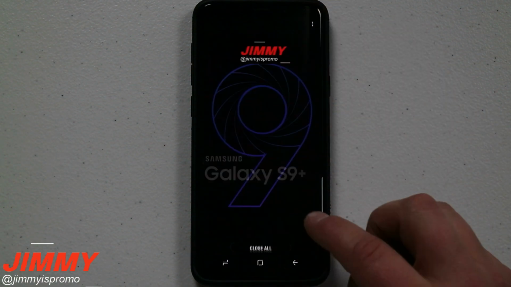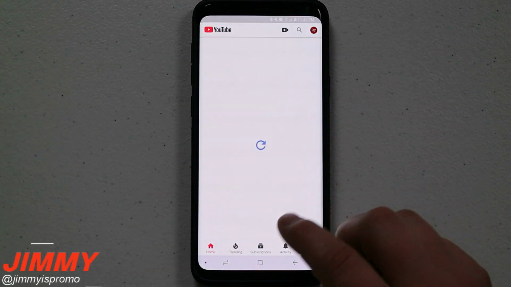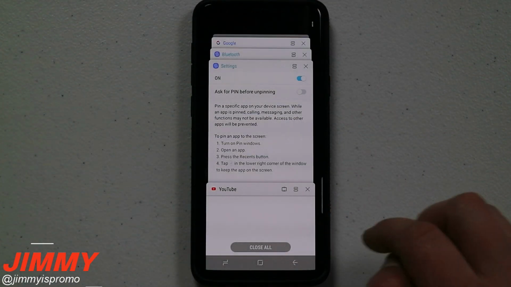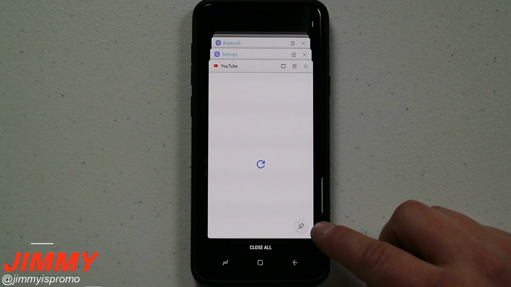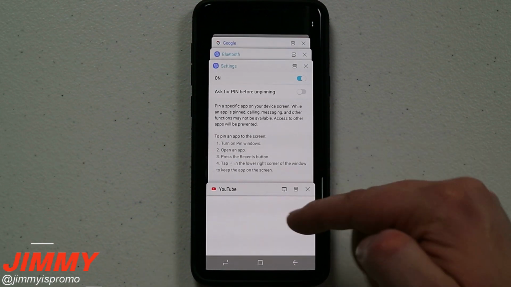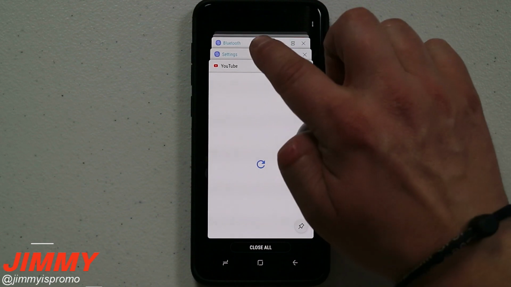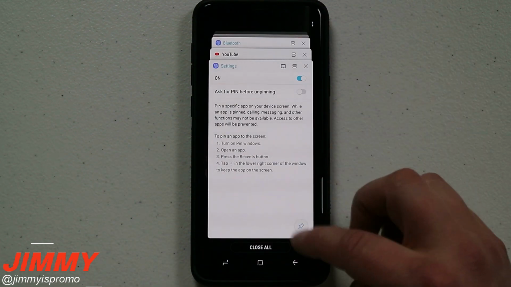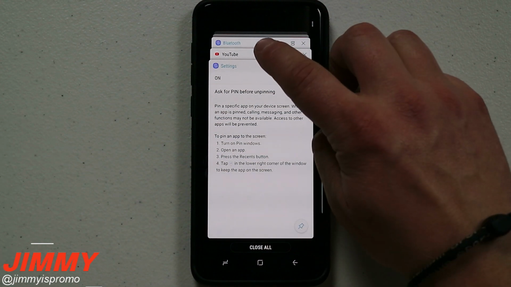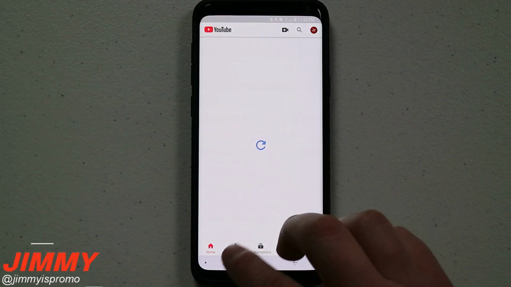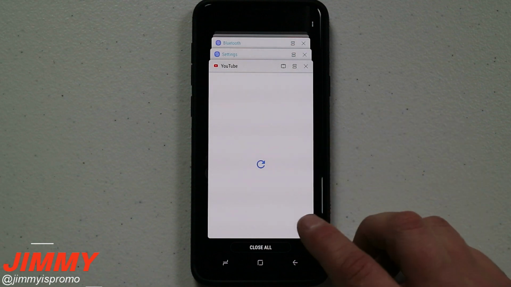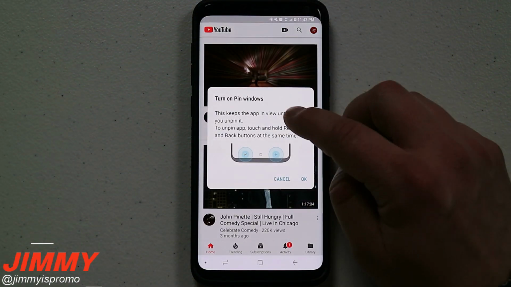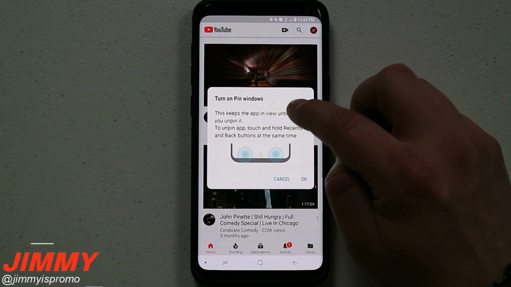So let's say that we want to go into YouTube and we want to lock them into place. When you hit the recent apps button, you want to scroll up, and that is where you can see that pin. If you don't see the pin, that means you are not scrolled all the way up. Or maybe you're inside of settings and you don't want to lock them inside of settings, but this is the only place you have the pin. Make sure that the most recent application is the one you want to pin. Once you pin them on the side there, this will keep pin windows on,